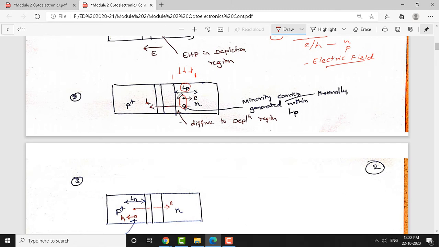So, these charge carriers are generated because of the incident light. These are the minority carriers. Because of the incident photonic light, the charge carriers are generated, and movement will happen due to the diffusion and drift processes. Diffusion is applicable only in the neutral n region and neutral p region, but drift is applicable only in the depletion region.